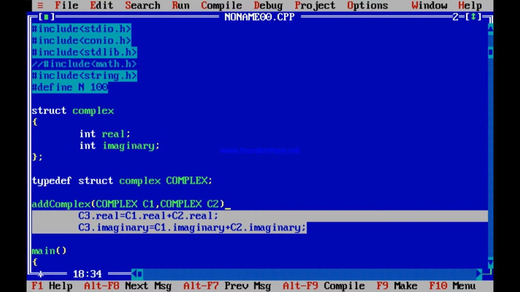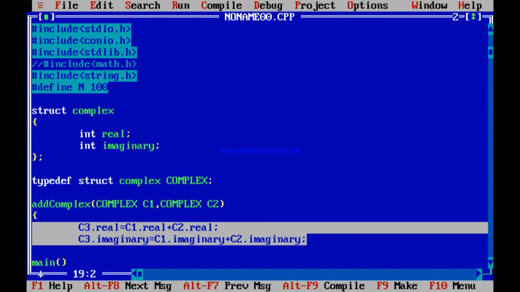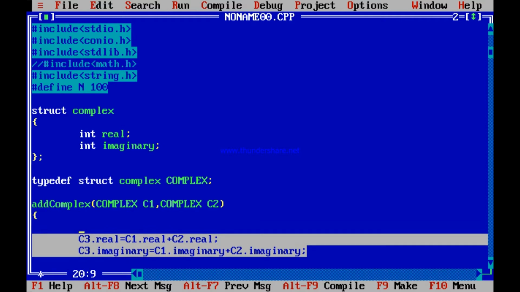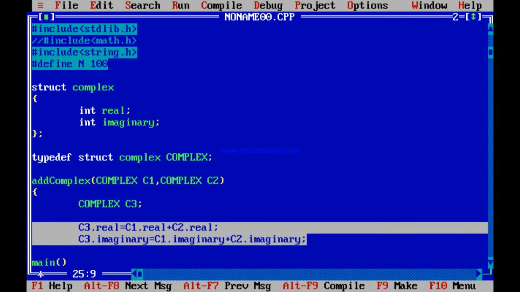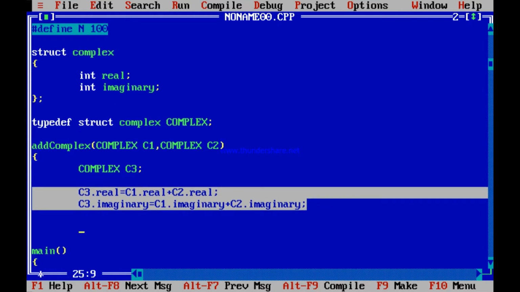Should not it receive these two variables? And then it should have this complex C3 declared within it, and C3.real is C1.real plus C2.real and C3.imaginary is C1.imaginary plus C2.imaginary.